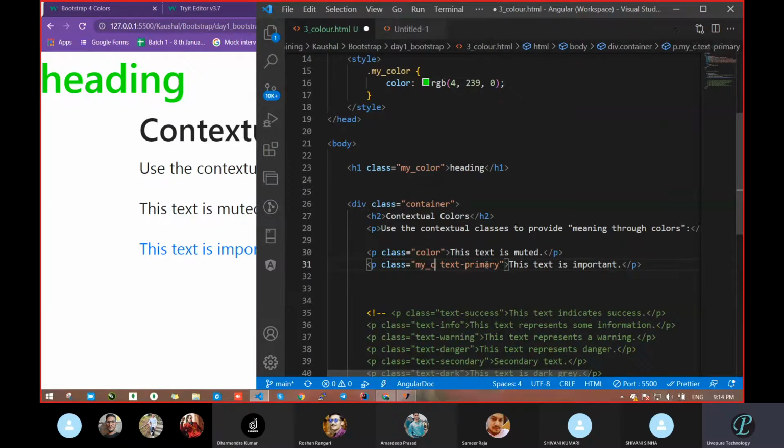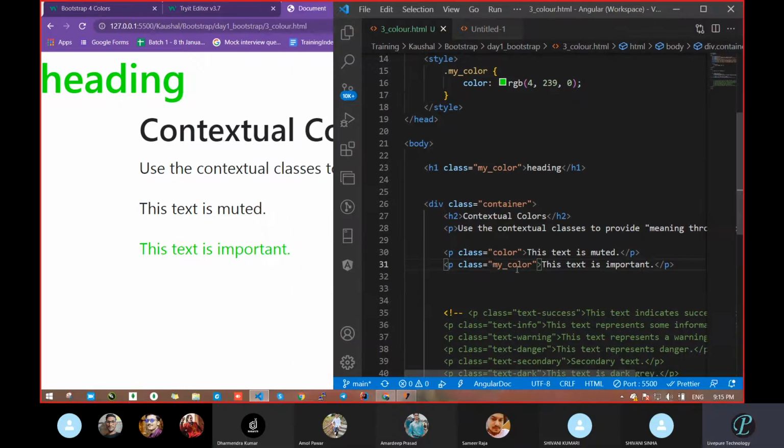That is not the case. Something different. The same class applies to heading and P tags, sir. Correct, yes. That's why it's not coming. See, it came again. What you told is right: it was already applied in the heading, so it will not come. Now see, it is available in the heading also, and this is coming in the text. This text is important also. Same color.